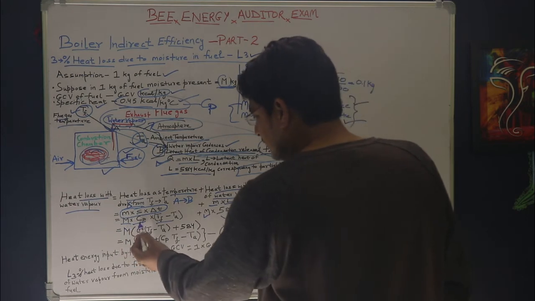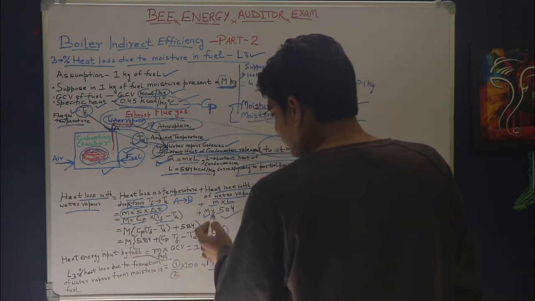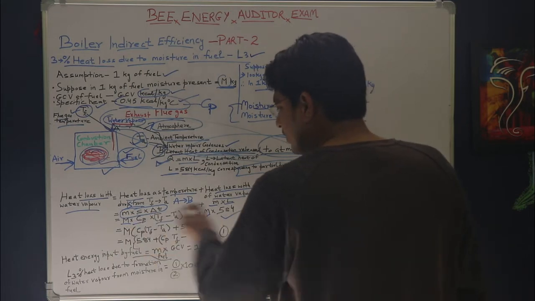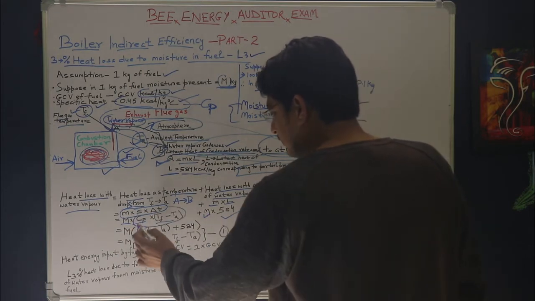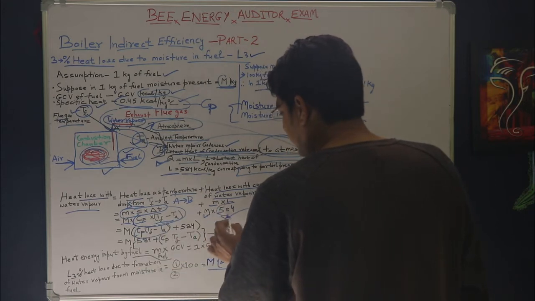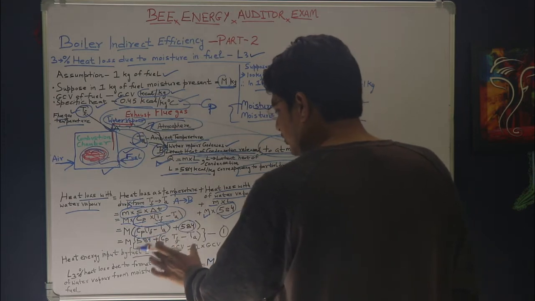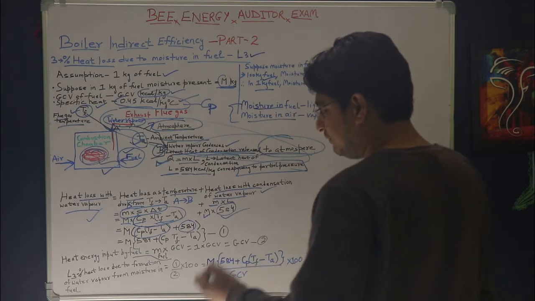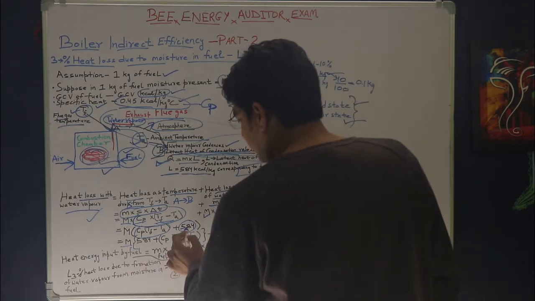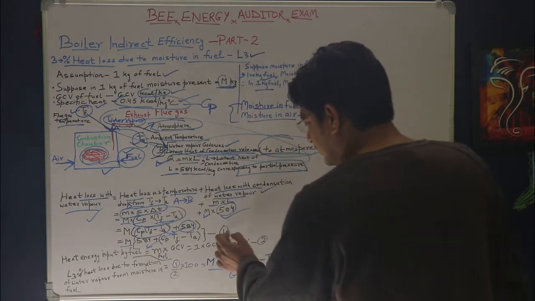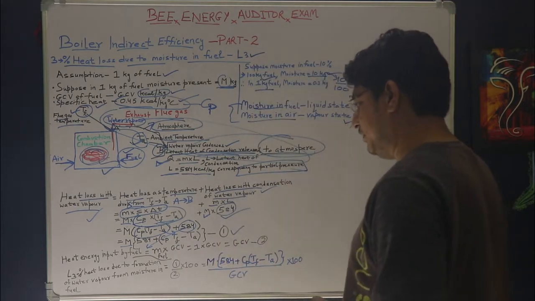Now I will rewrite it in a simplified form. So this will become m Cp (Tf minus Ta). This will become 584 into m. I will take m common. So this will become Cp (Tf minus Ta), and here 584 will be left as such. Now I will again rearrange it. So ultimately the heat lost with water vapor will become m [584 plus Cp (Tf minus Ta)]. This will be my equation 1.